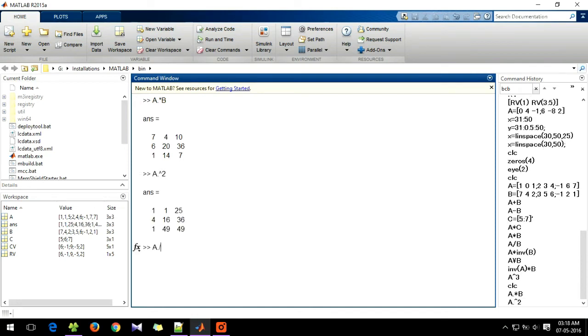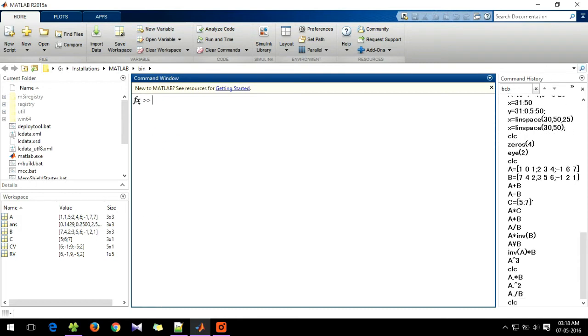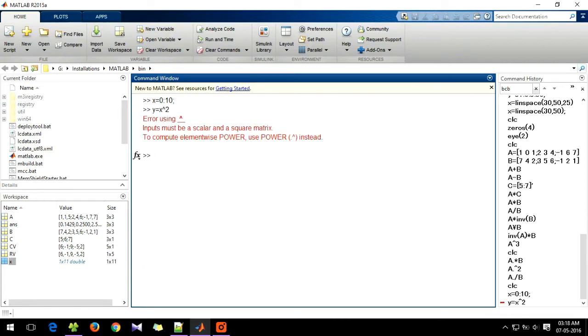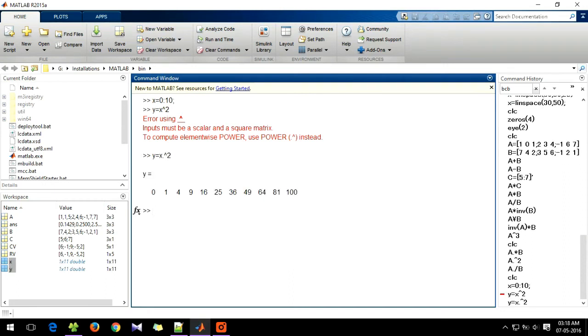It is very important to use the correct kind of operation. Missing out the dot may cause unexpected errors or wrong results. For example, say we have a vector x which contains all the numbers from 0 to 10. If we want to store their squares in a vector y, you might write the command y equals x to the power 2. But this would mean square of the vector x, while we want the square of each element within x. So we must put a dot before the exponent sign to denote that it is an element by element operation.